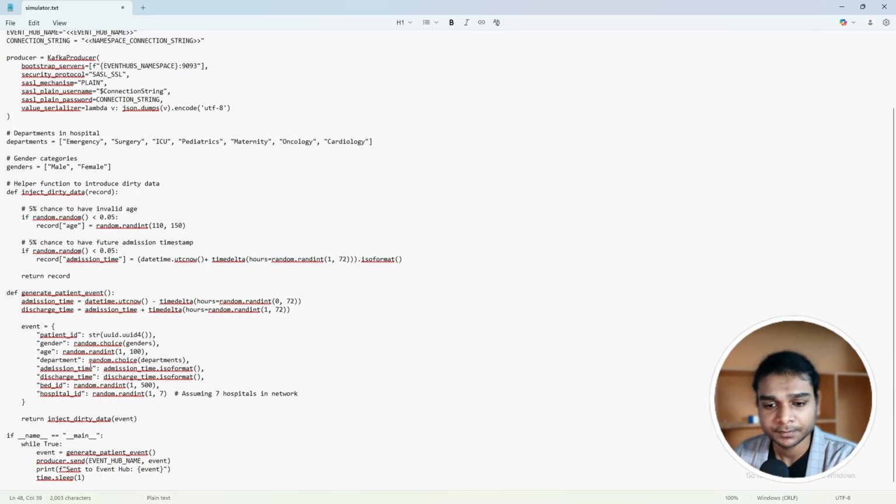And department, random.choice of departments. Like I said, it picks a random object from the department list here. And we have admission time ISO format. We are defining the format of the time. And discharge time ISO format. Bed ID is random integer between 1 to 500. And hospital ID is a random integer from 1 to 7, because our client has 7 branches. And return the outcome